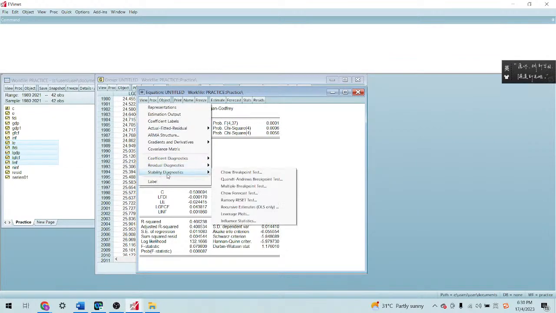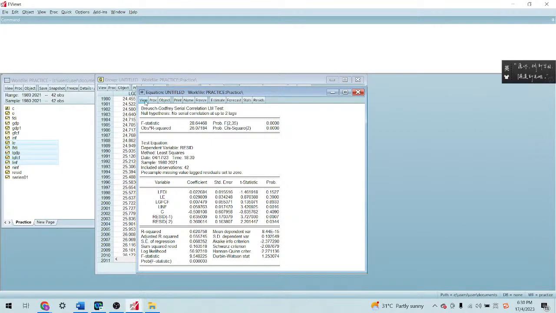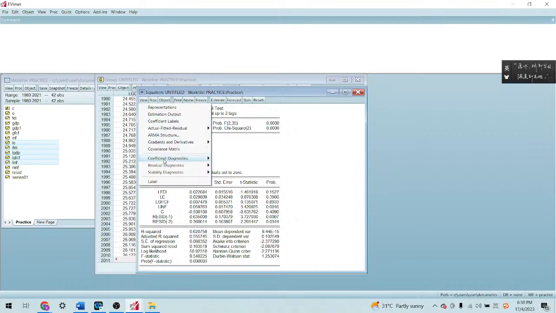So what I would like you to do for the remaining of the class is run the analysis using these models under this practice Excel file.